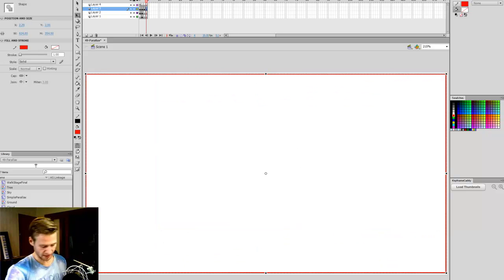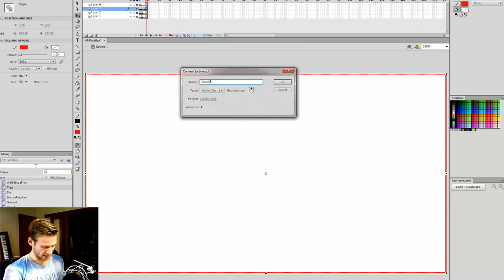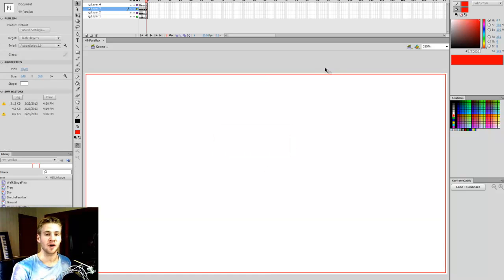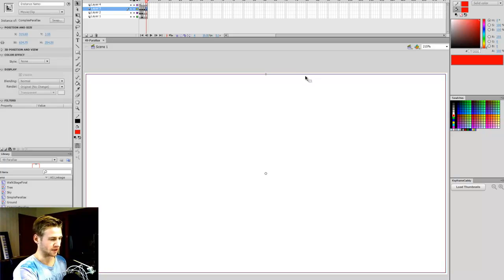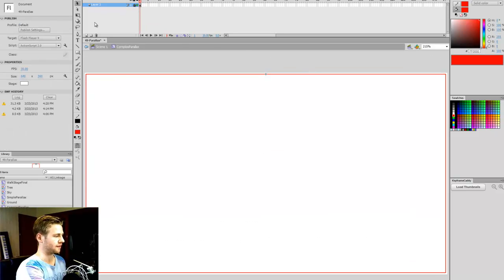In my main timeline, I'm going to hit F8. I'm going to call this complex parallax. Hit enter. Now, if you want to edit these files or try and replicate them or use the clips that I've drawn, like the tree or the dude or whatever, feel free to download the reference file in the link in the description. Okay, so I'm going to go into this movie clip, lock this wireframe, and add maybe 5